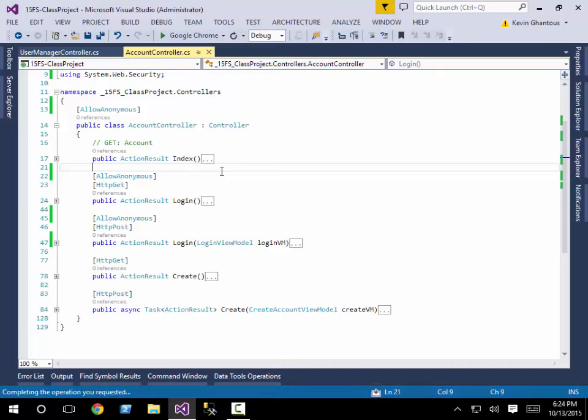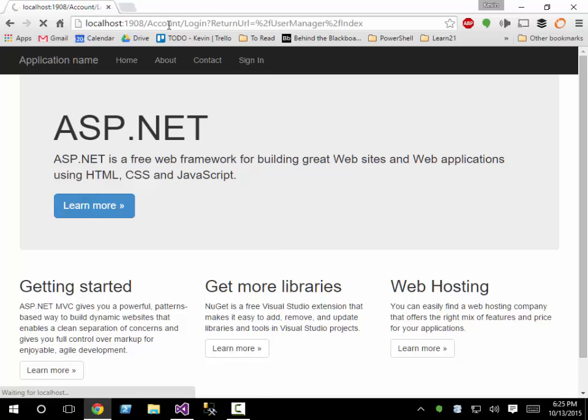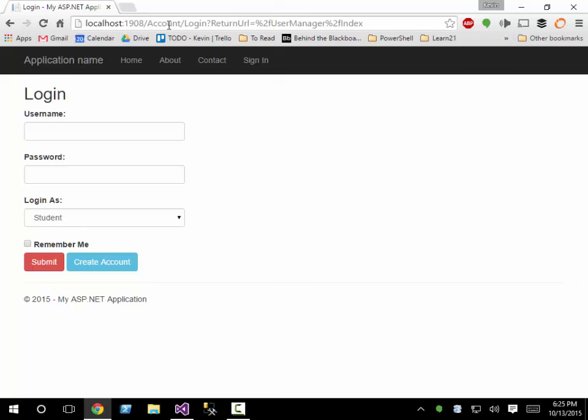All right, so let me build. Then we'll go ahead and run. All right. So I'm going to go ahead and go /user manager. So by going to my user manager, it detected that you have to be authorized. So then it kicks me to my login page. Now you'll notice up in the URL it says that my URL is now /account/login,